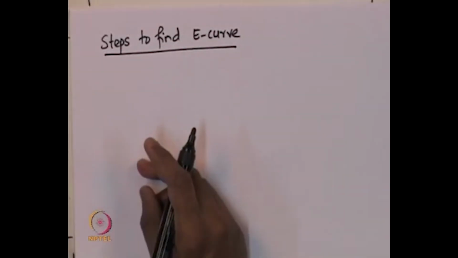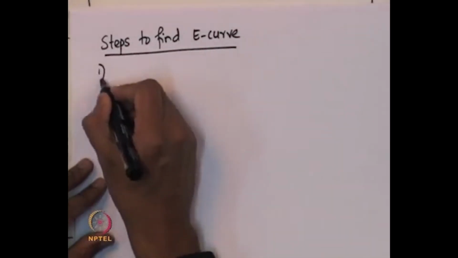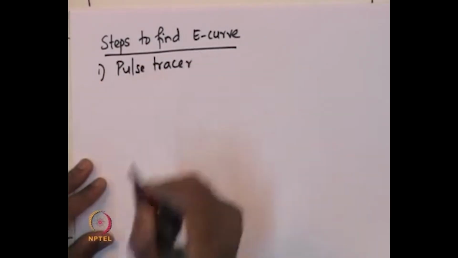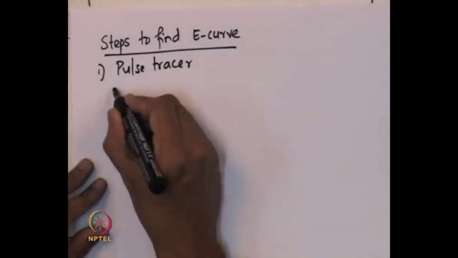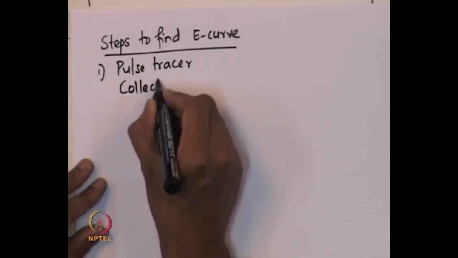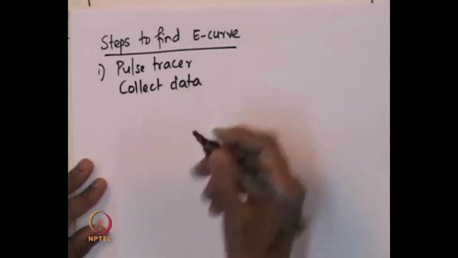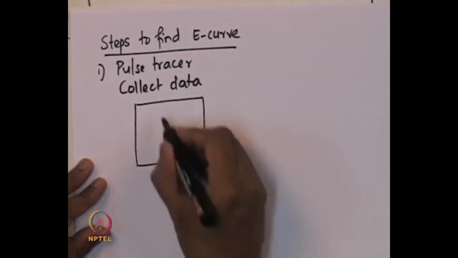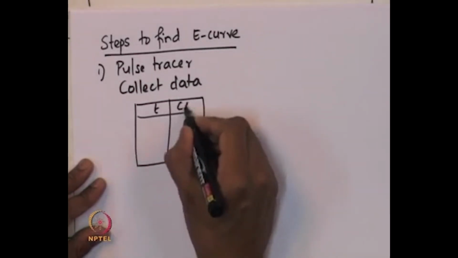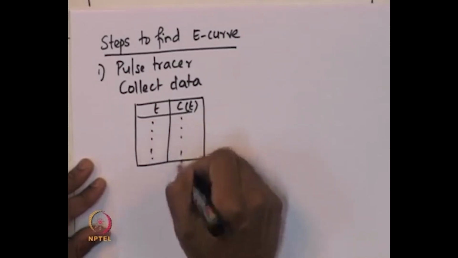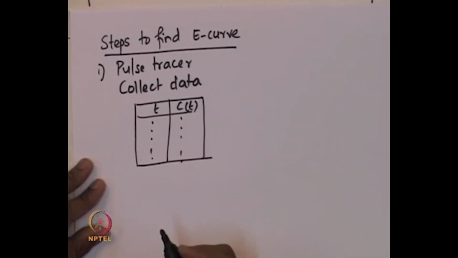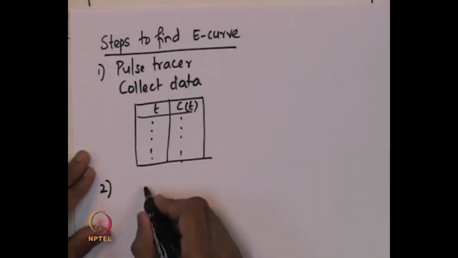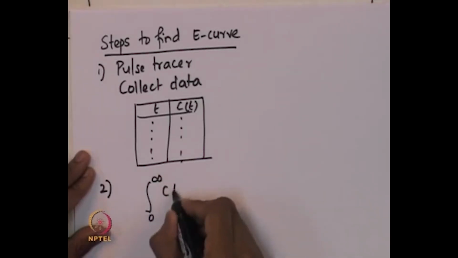So, the steps to find the E curve: the first step is to inject a tracer. Inject a pulse tracer and then collect data. By collecting data, one would get a table of time versus C of t. So, at different times one can find out the concentration of the tracer in the effluent. Now, once this data is available, one needs to find this integral, C of t dt,